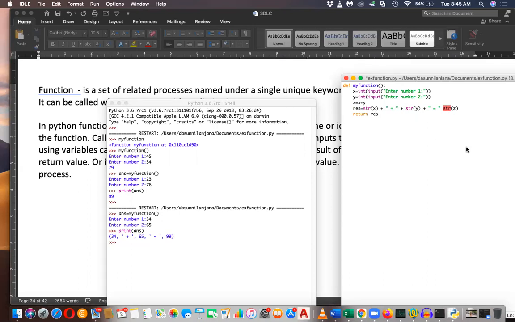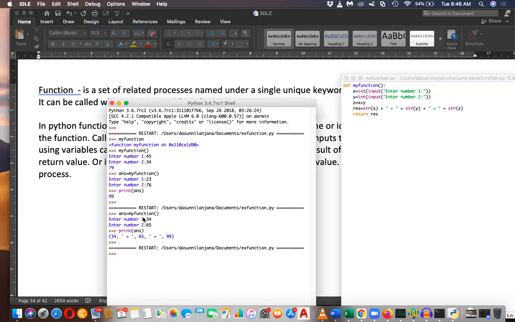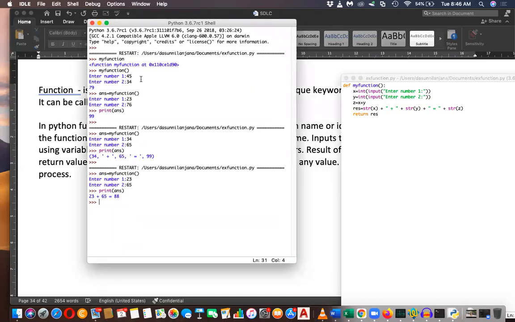Okay, now it's okay. So let's run this. str plus str, right? Just run this to see the result. So let's execute it the same way. Now enter number 1 and enter number 2. Now you can see meaningful results, which is print the answer, and you can see the arithmetic operation. So 23 plus 65 equal 85.